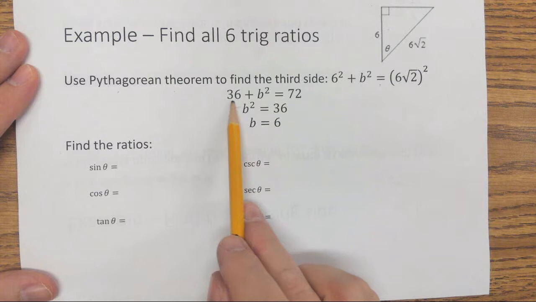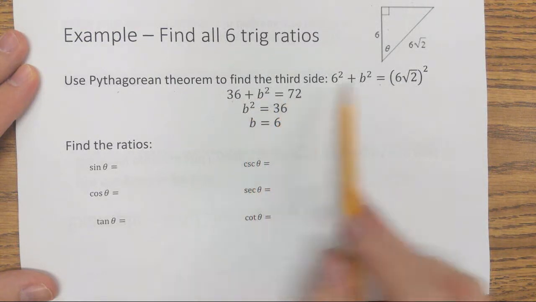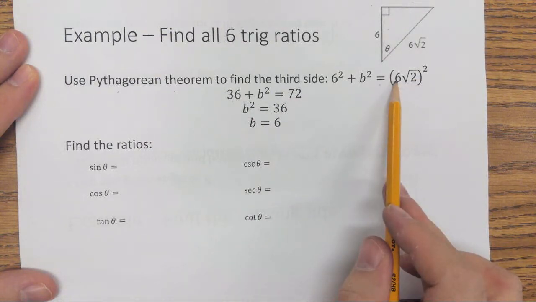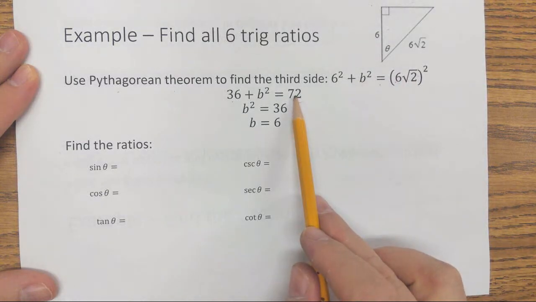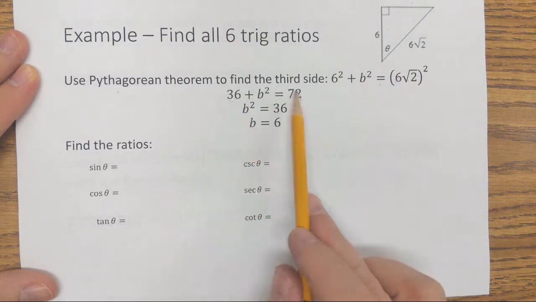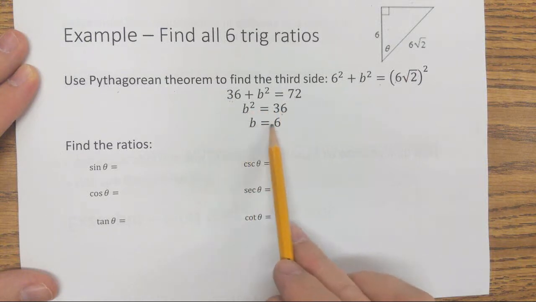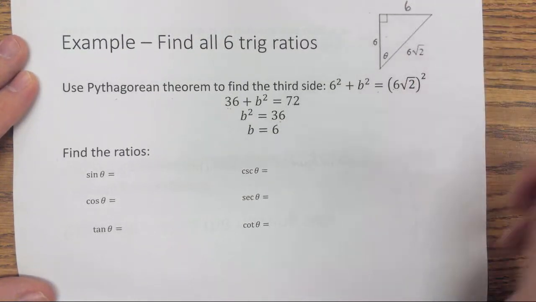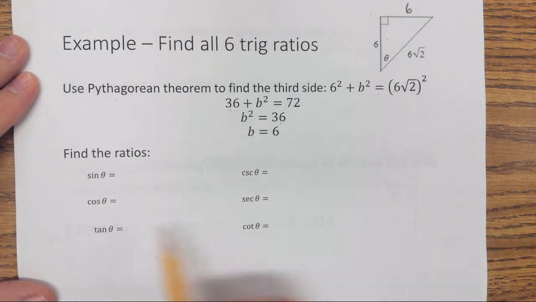Well, 6 squared is 36, b squared is still b squared, 6 square root of 2 squared, 6 squared is 36, square root of 2 squared is 2, 36 times 2 is 72. We're going to subtract 36, get 36, b squared equals 36, so b has to equal 6, so this 3rd side is 6. Now we can set up or find all of our ratios